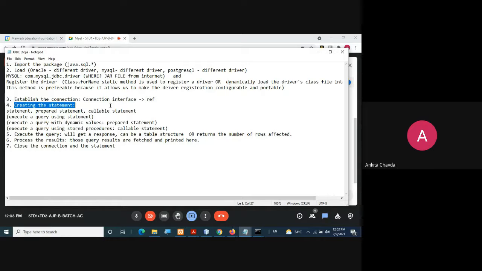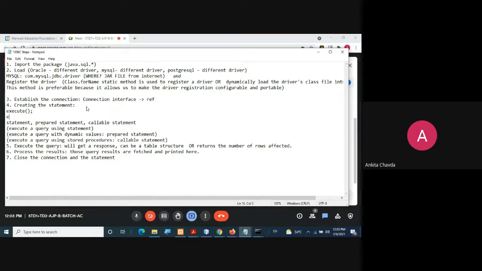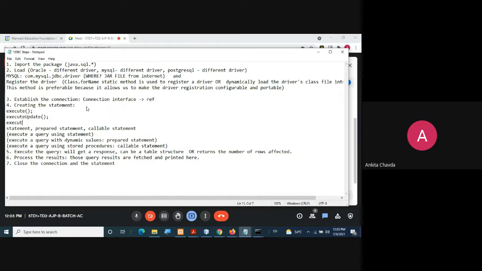And for that you have methods like execute, executeUpdate, and executeQuery. When to use which one, you already know maybe. Execute is used with procedure calls and all.